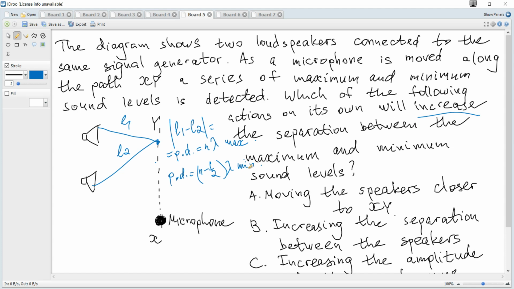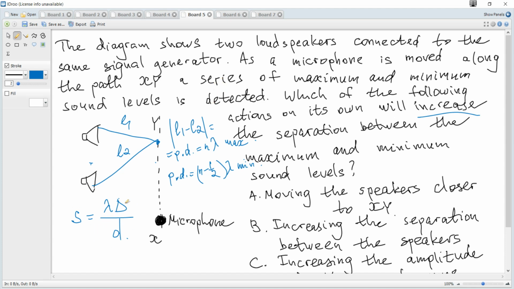And we also know an approximated formula, for when the distance from the sources to the screen is much greater than the distance between sources. We can use the next formula: the distance between two consecutive maxima or minima is equal to wavelength times distance to the screen, divided by the distance between the sources. And this formula works for light, for the double slit interference pattern, but here it's about